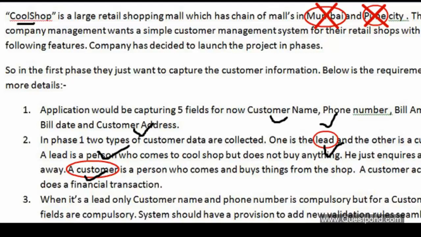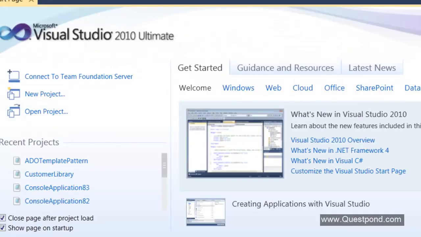So I'm trying to lay down a rule here. Rule number 1 for architects, for people who are trying to become architects or people who are trying to learn design patterns. Whenever you take a requirement, don't take it as a hard and fast rule, but at the back end somewhere, you should think that your nouns actually become objects. Pronouns become the properties for that object, and the verbs become the actions or the methods or the functions for that object. Now, in order that these entities, these objects, become live in your computer, you need to write some kind of a code for it.